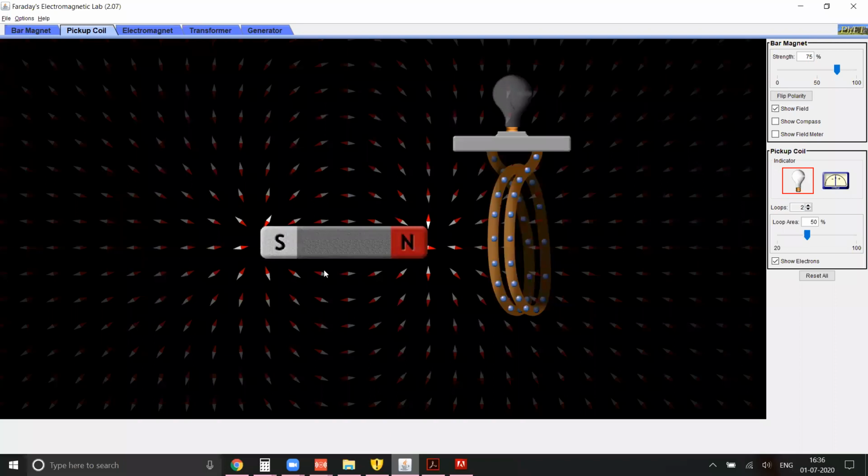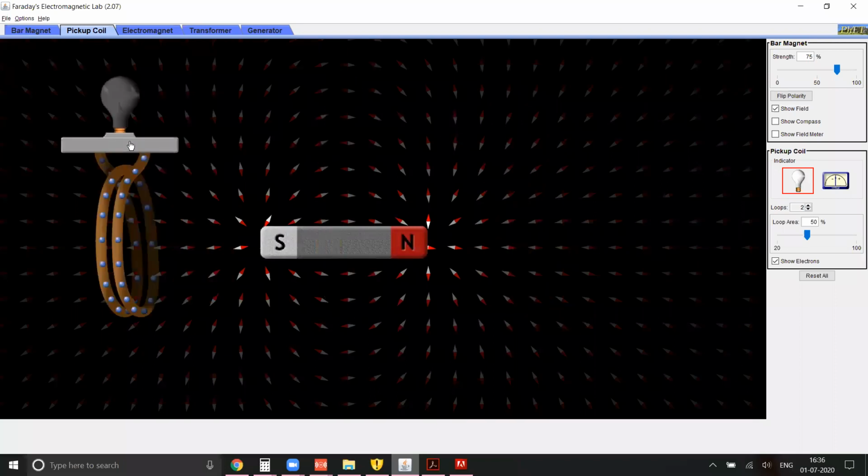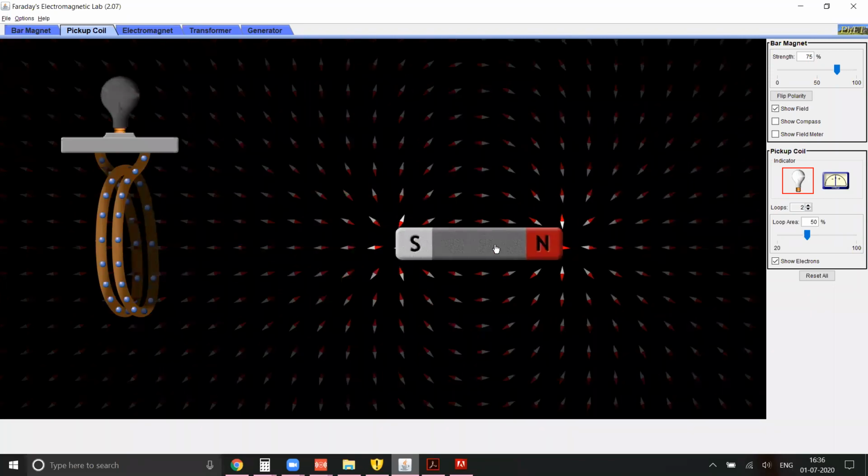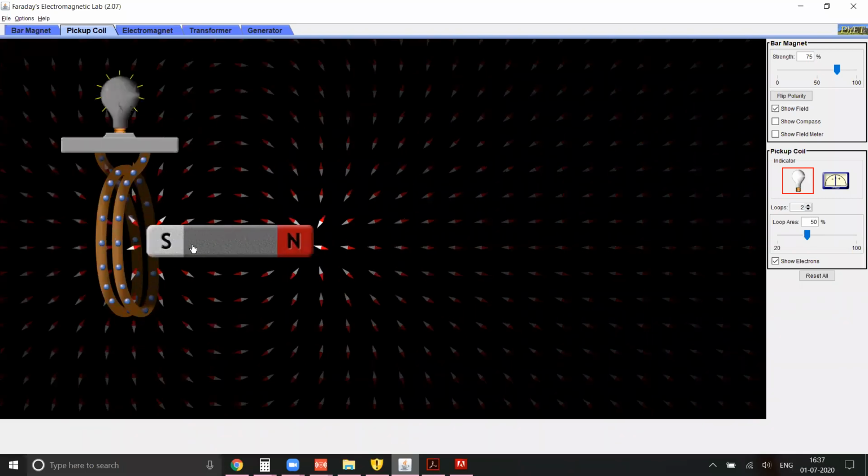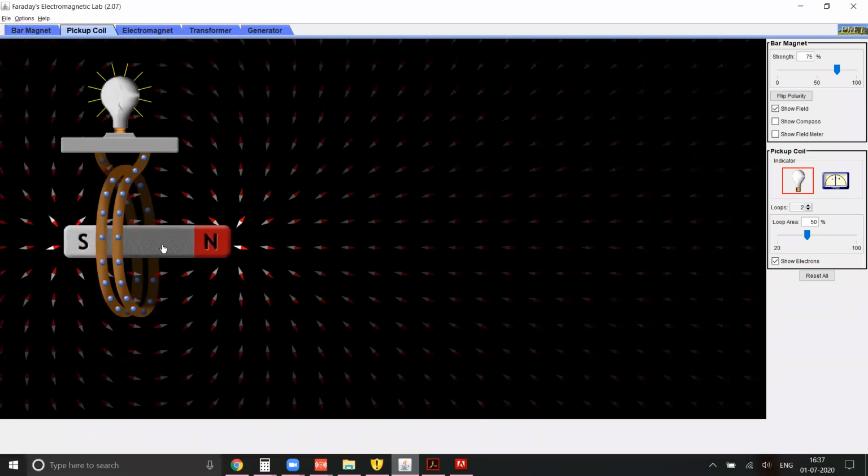Concentrate. Do not get confused. You concentrate only on the questions I'm asking. So the coil is there. Your pen, you're reversing the direction of your pen, meaning the nib is towards you, and the other part is towards the paper. Now you're dropping your pen, so the South Pole is moving close. What has happened? The electrons moved in which direction when you observed from the side of the magnet?